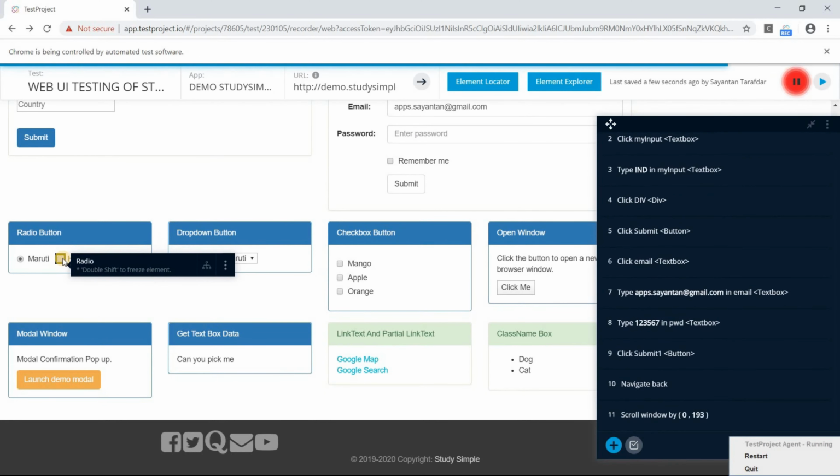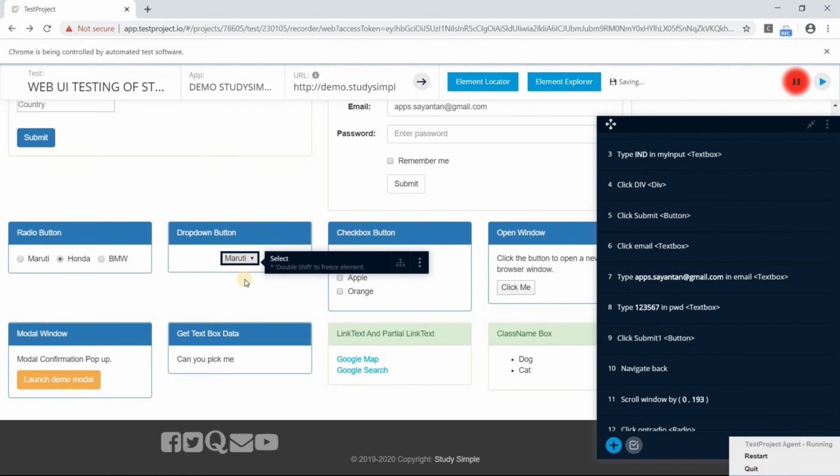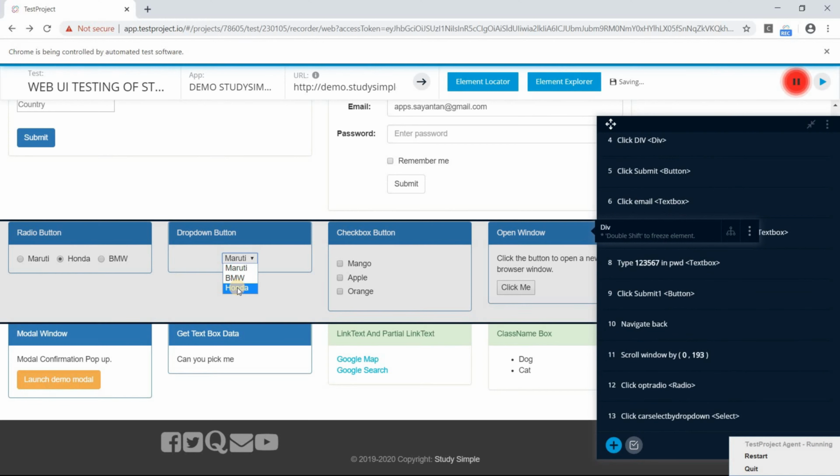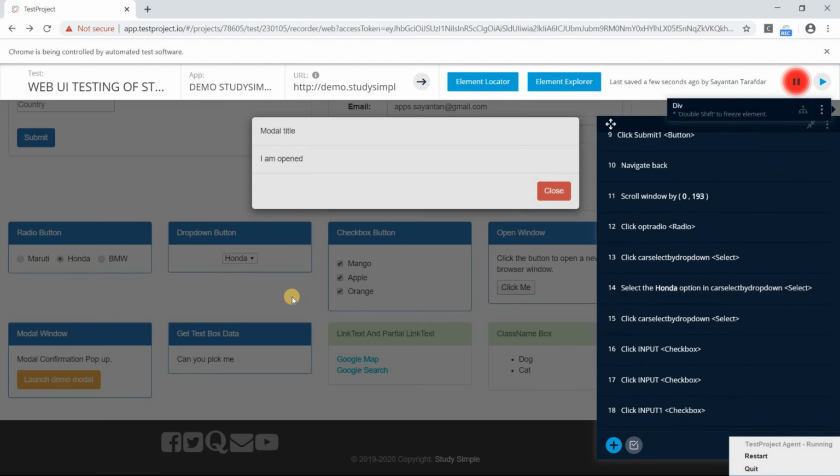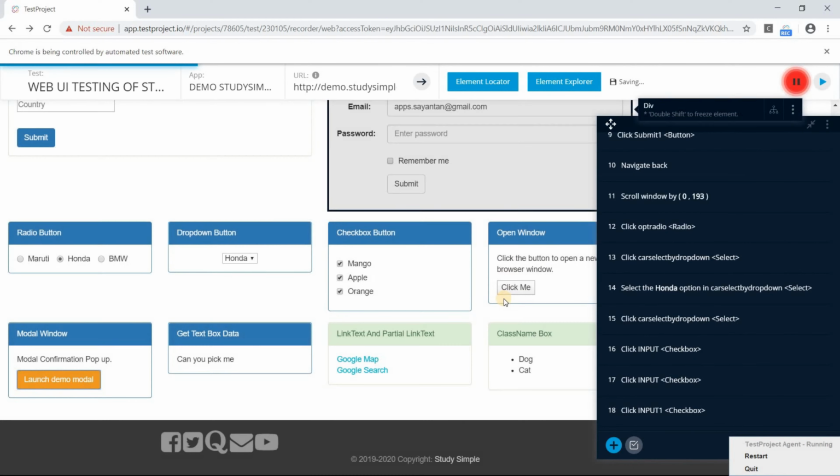Now click on the radio button. We will click on this one. We will click on the drop down. We will click on Honda. We will click some check boxes. We can click the launch demo modal and close it. We can click on some pop-ups,